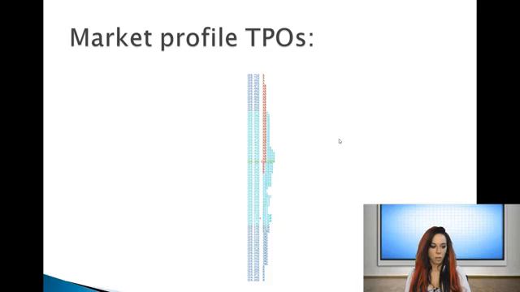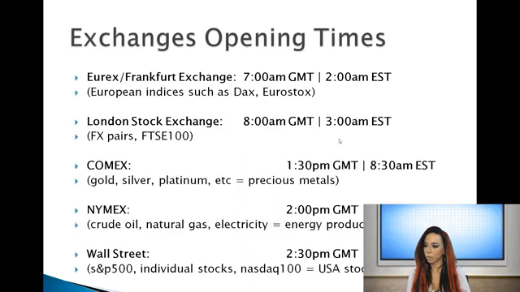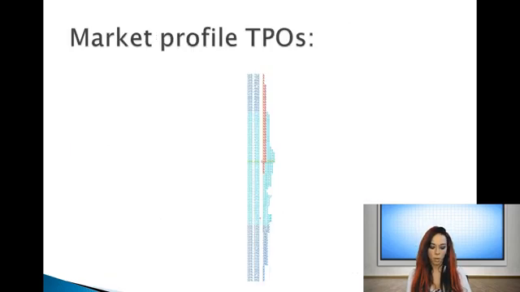So let's take Wall Street, for example. Wall Street Electronic Open, as we've seen from the previous slide, opens at 2:30 p.m. GMT. Our Blatek Market Profile Indicator is automatically set to start the New York session at 2:30 p.m. London time. If we have our market profile set to start at 2:30 p.m., then this whole letter A